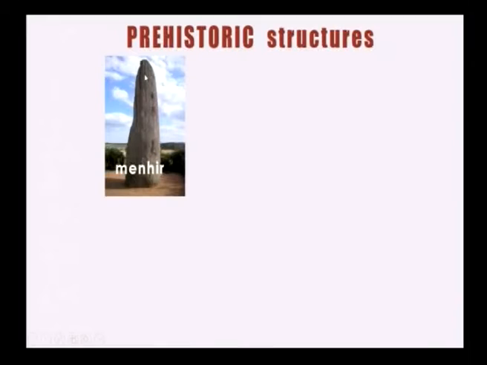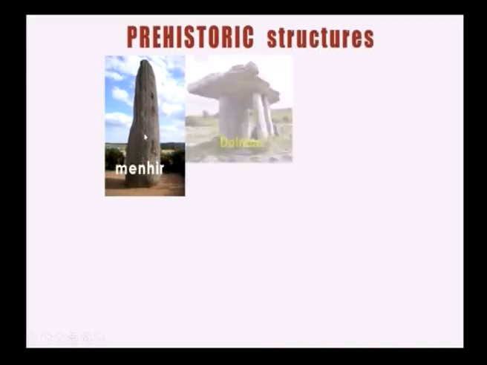A famous example being a 63 feet high, 14 feet in diameter, 260 tons menhir at Karnak, Brittany. Next were dolmens. Dolmen basically means dol, which means a table, and men, which means a stone. So these were just flat stone slabs erected on vertical stones. Examples of dolmens can be found in England, Ireland, northern France, Italy and India.